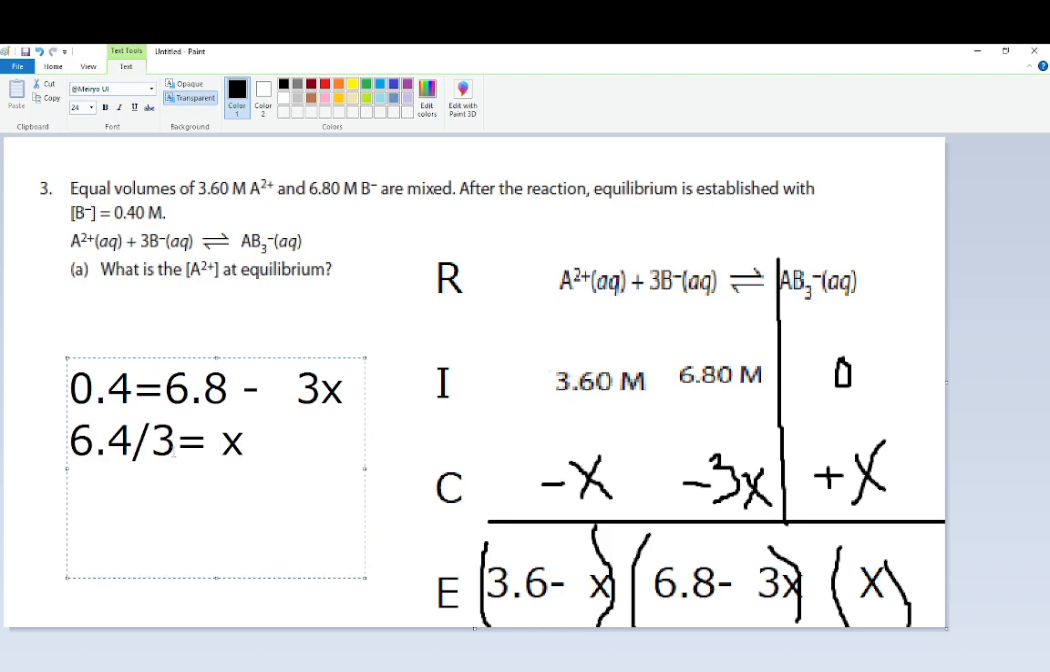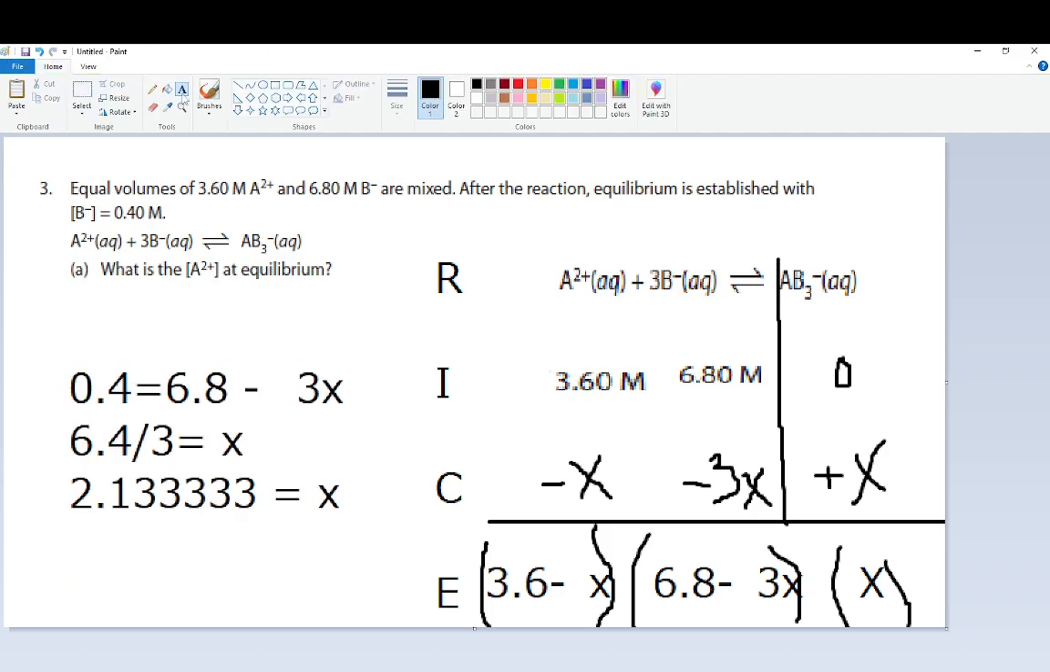3 goes into 6 2 times. It's going to go into 4 once, with a 10 left over, so you get this for X forever. So that means X is equal to this many moles. Now you can take the other two lines, and we can say, well, we're dealing with